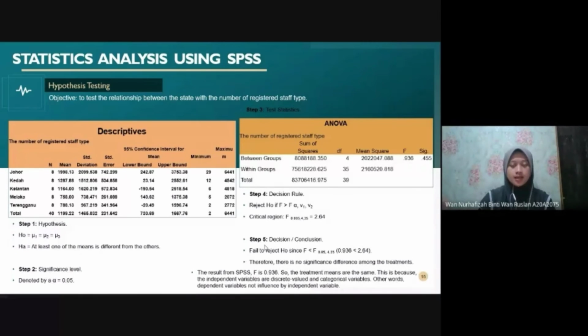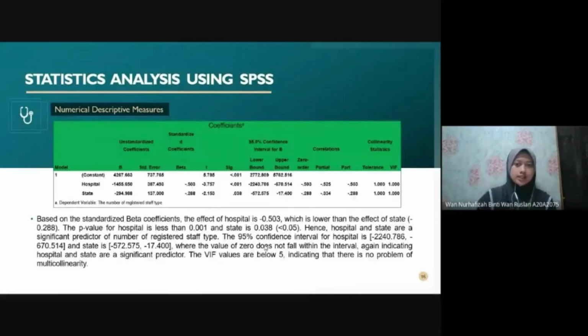The result from SPSS, F is 0.936. So the treatment means are the same. This is because the independent variables are discrete valued and categorical variables, in other words, the dependent variables are not influenced by the independent variables. For the numerical descriptive measure coefficients, based on the standard beta coefficients, the effect of hospital is negative 0.503,